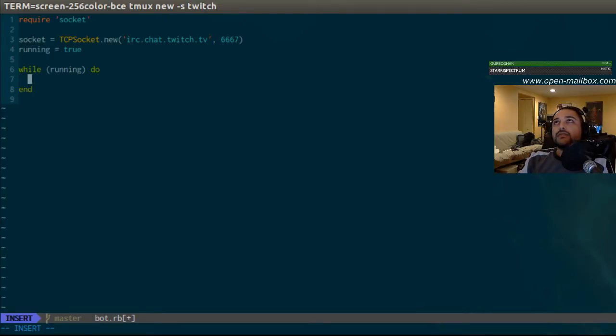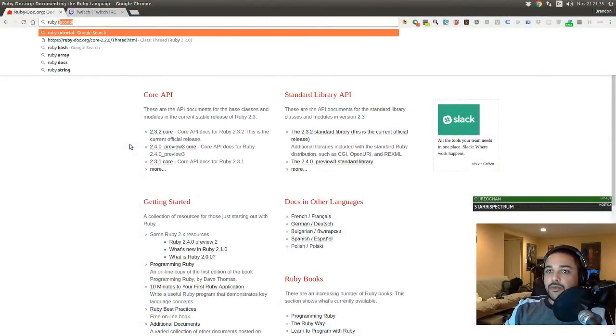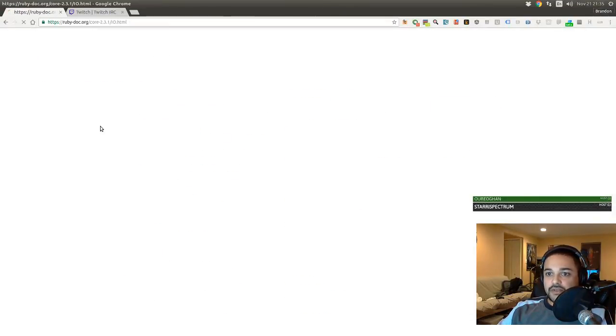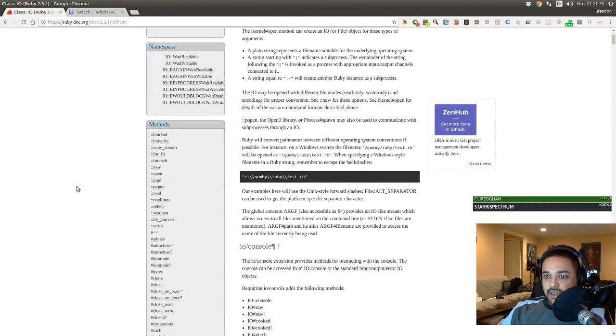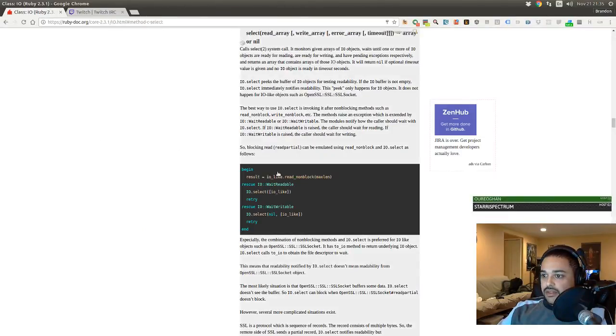So if I remember correctly, actually, why don't we look up something about Ruby sockets? Actually, Ruby IO, which is the parent class of socket. I want this.